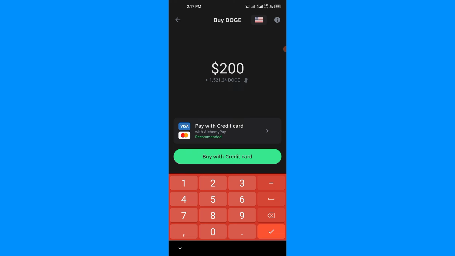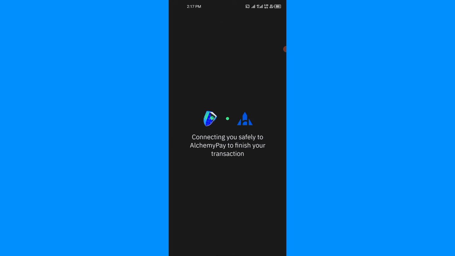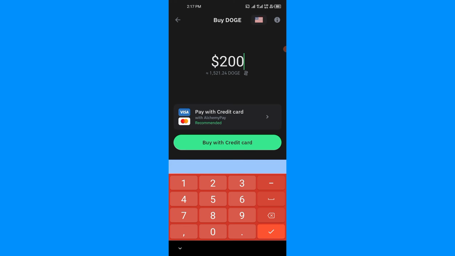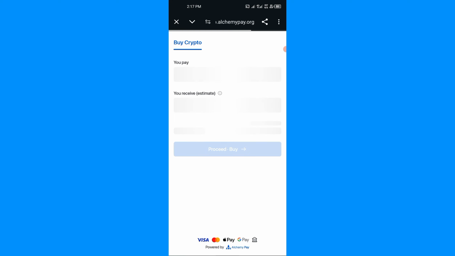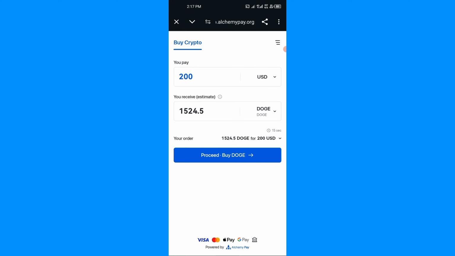Then now I'll enter my bank details. So I can proceed by tapping on this, then enter my bank details for me to be able to buy the Baby Doge coin. So guys, you can see that I'll be paying $200 and receiving